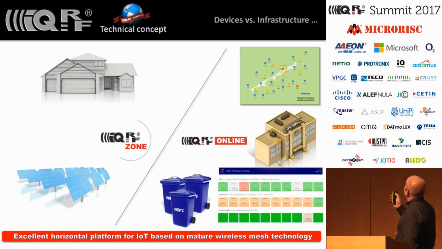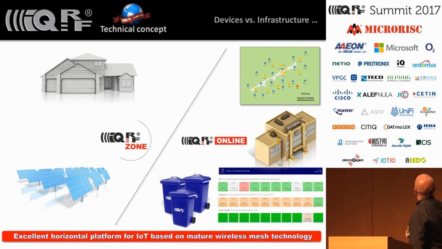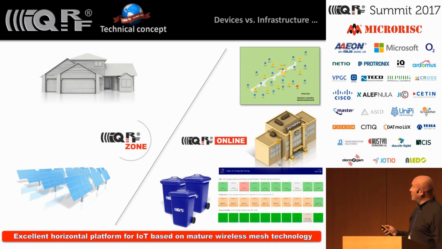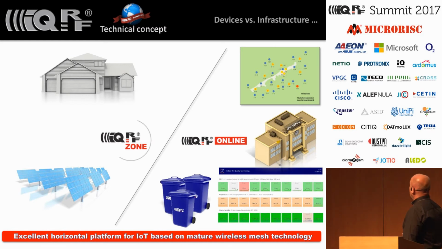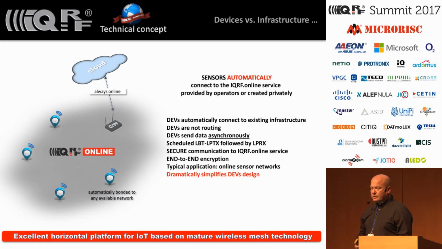When we are talking about distinguishing between IQRF Zone and IQRF Online Service, you can see that exactly on that example. First, IQRF Online Service will be primarily used by sensoric networks, because you need to send data somewhere to the cloud, which is not such a difficult task. While IQRF Zone is intended for applications when you need some local autonomy, some automation and control. On the next slide, you will see more information about those concepts.